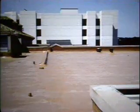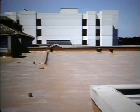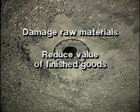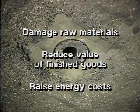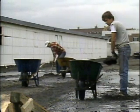A roof is not just a passive structure overhead. It's protection from the elements, as long as it's maintained in good repair. A roof that leaks can damage expensive raw materials, reduce the value of finished goods, damage capital equipment, even raise heating and cooling costs. To retrofit or repair a conventional gravel-covered tar and felt roof can create more problems than